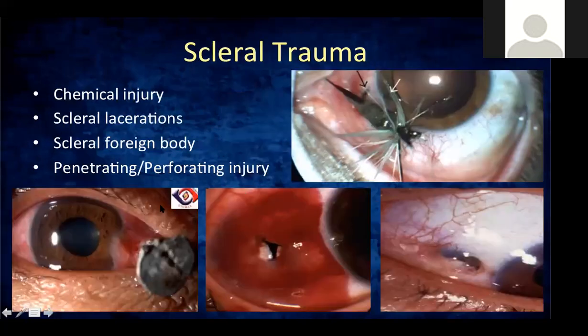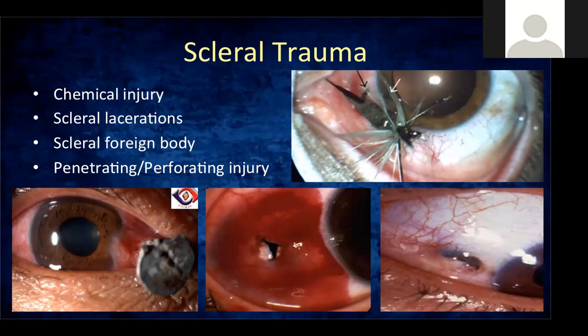For scleral trauma, it is the same way, with any object, especially if some velocity is involved, especially objects that fly into the eye, high velocity grinding, bottles that explode.